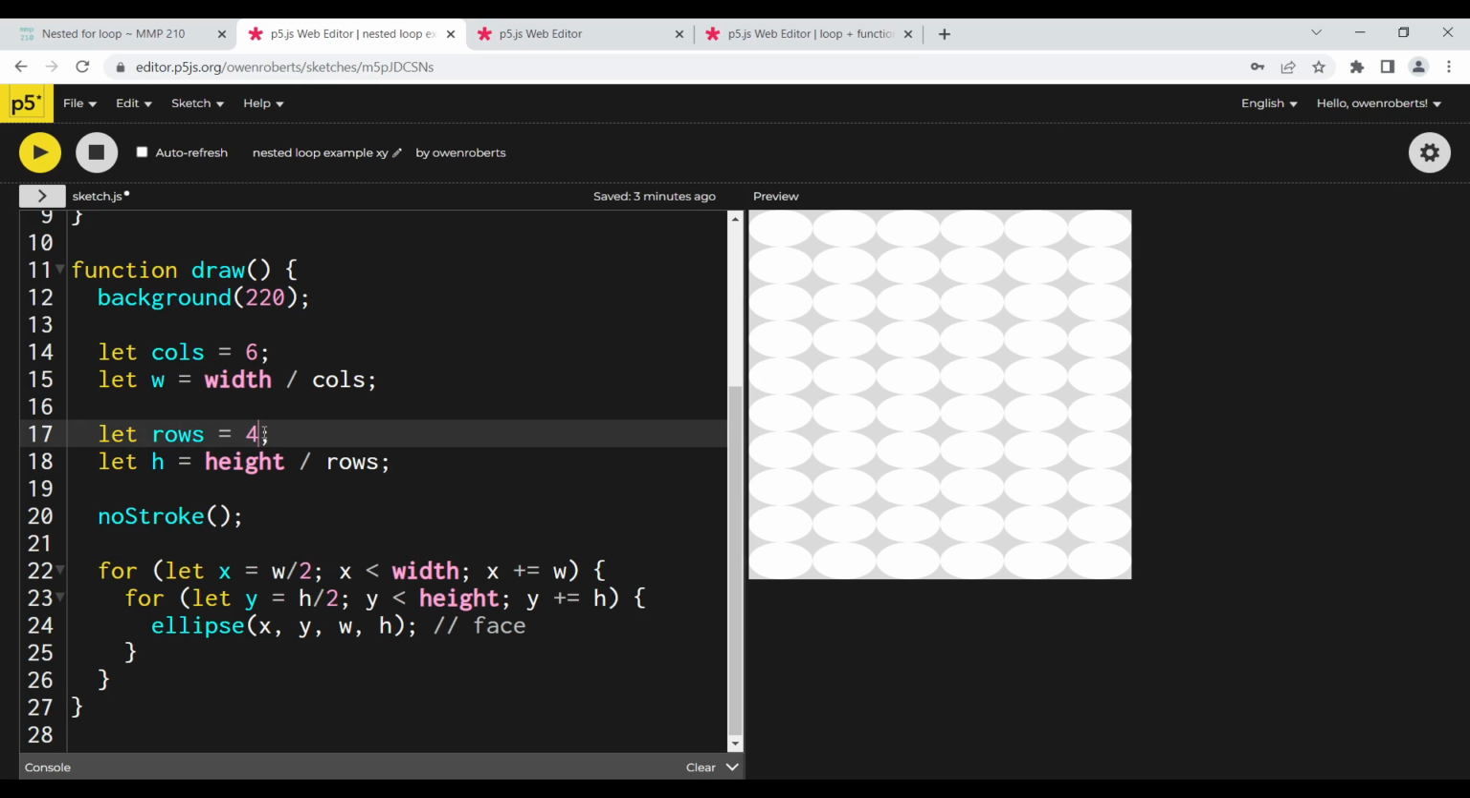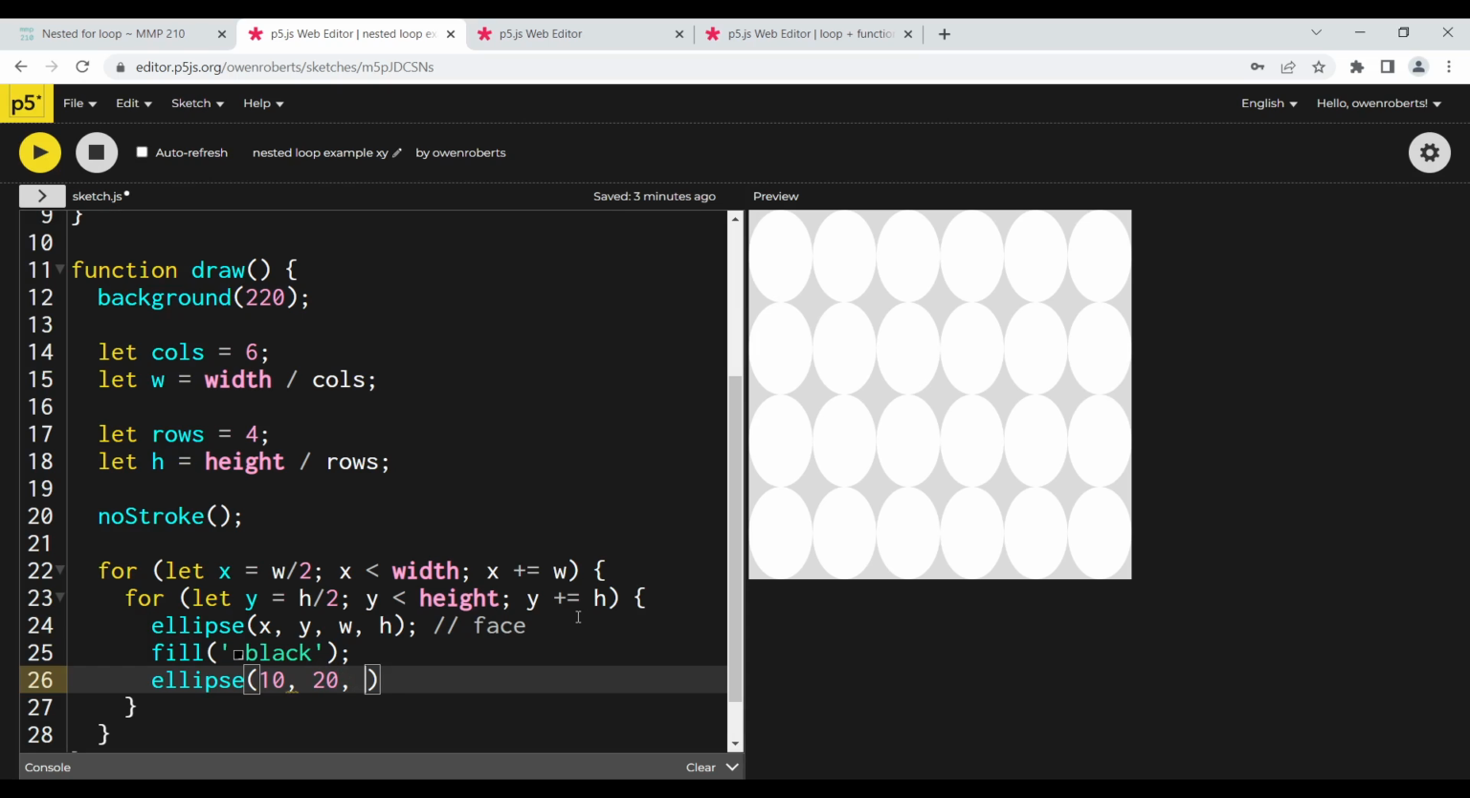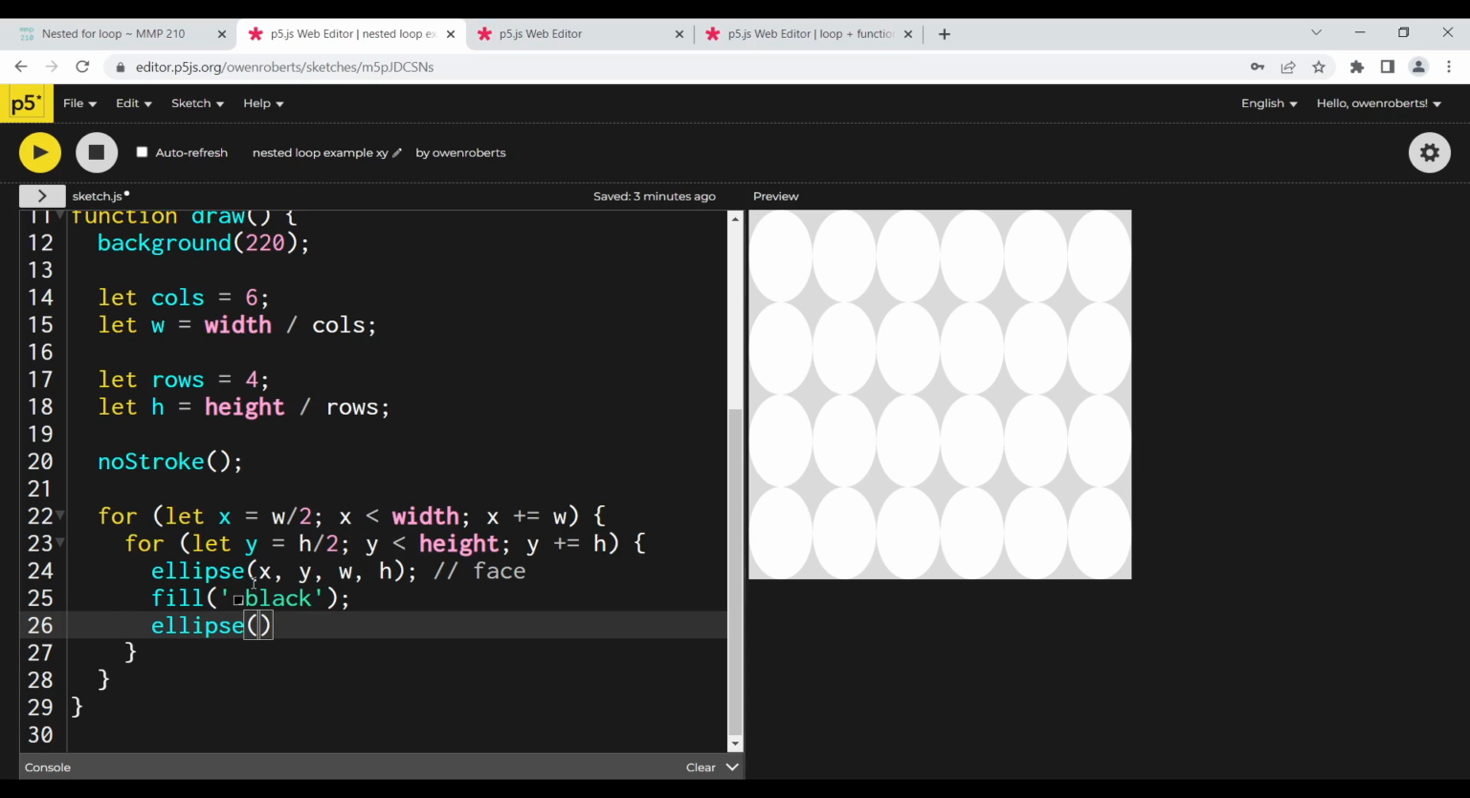And let's actually do a few less rows. So if I wanted to add the eyes of my self-portrait, so let's do fill is black, and I'll add an eye. I can't just say the eye is 10 over and 20 and whatever. I have to do everything relative to the values that I'm using for the face. So if I just say x, y, let's say width over 2, height over 2,